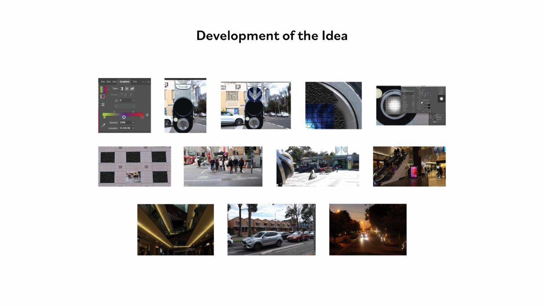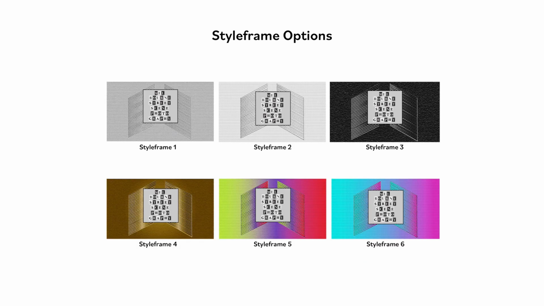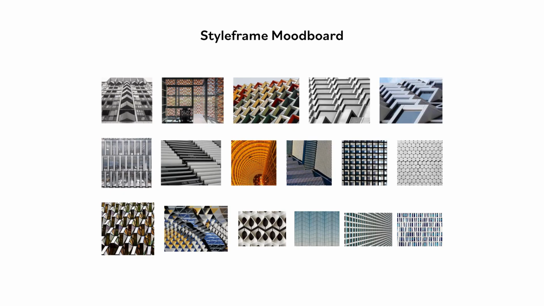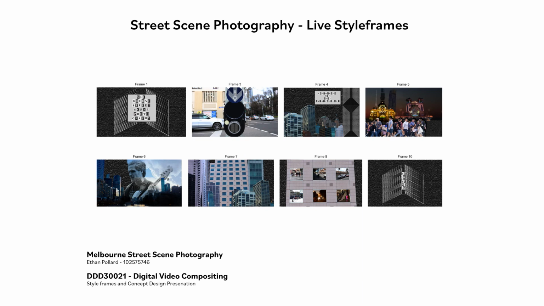There are also screenshots of my footage which will be used inside the window panels to present them as if they were a TV. With these style frames, I decided black and white was the most appropriate for street photography style. Again, here we have a range of patterns and symmetry within the architecture of the buildings. These are samples selected that will represent how the finished video will work. The finished version will obviously capture more content, but these style frames should give a good indication about where the project is heading. I will talk about each one individually.